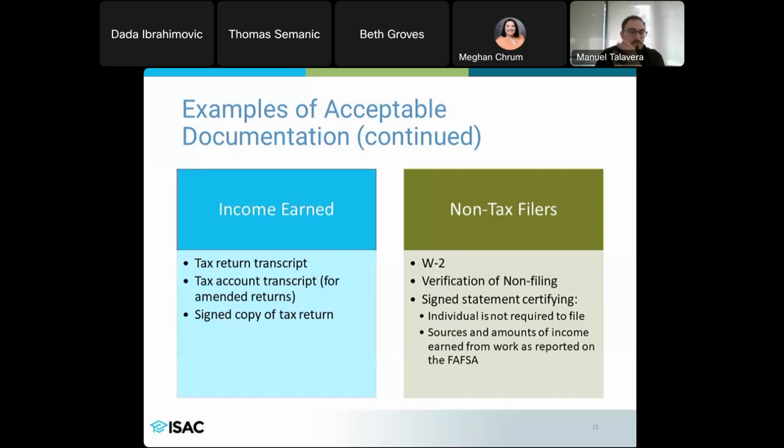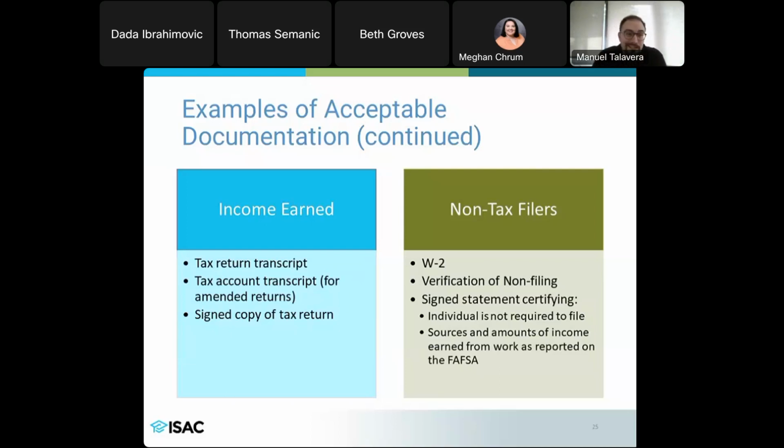Tax return transcripts are free, right? If a parent were to request a copy of their tax return from the IRS, they're paying for it. It costs $50 to do that. So a tax return transcript is fine, but if they want to make a copy of their own return and sign it, that's fine as well.